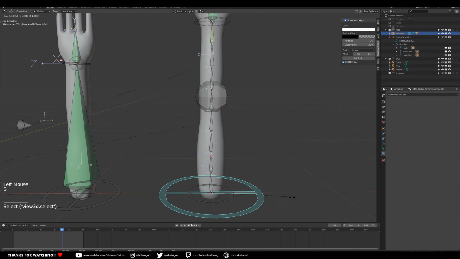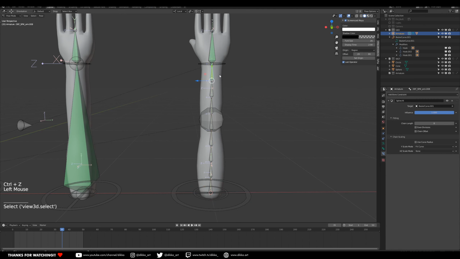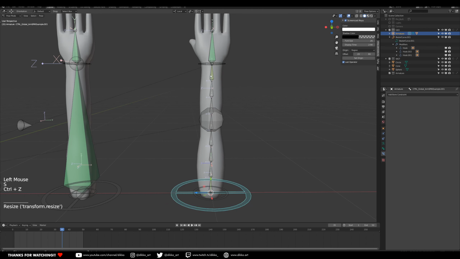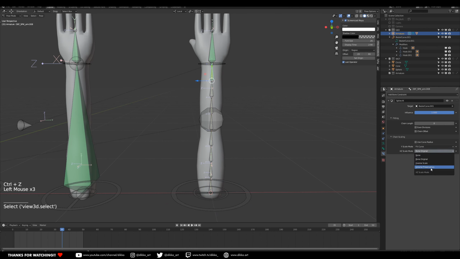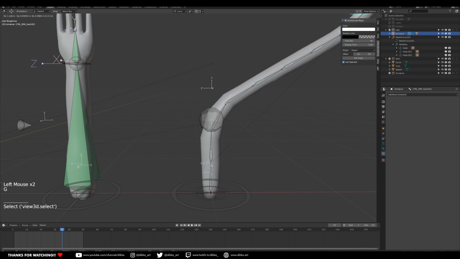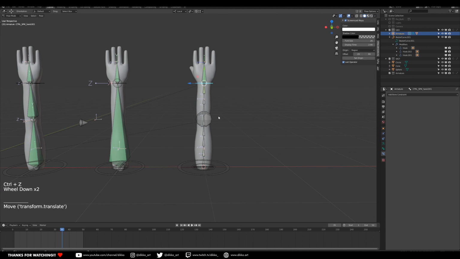And the reason that's not scaling properly is because the IK control needs a few more parameters to be set, and I turned it off earlier, but I have to turn it back on. So I have to turn on curve radius, use curve radius. So keep that turned off. So turn off curve radius, but set the XZ scale mode to either bone original, so it allows you to scale accordingly, or you can set it to volume preservation, which will allow you to have that squash and stretch. So it allows you to squish and squash that bone. So that's how you build out that